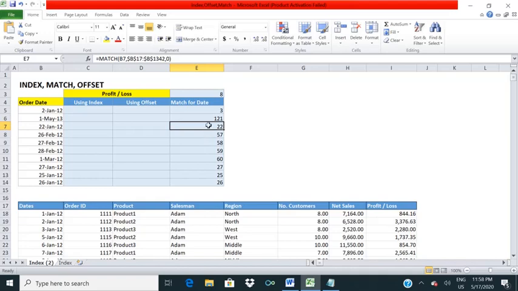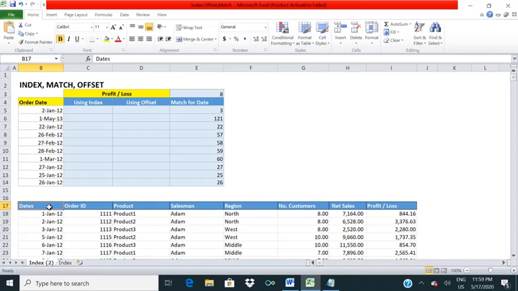Now check this one, 22 January 2012. Here the position is displayed as 22. So this is one, two, three, this is 2nd January 12. Now I need to go to position 22. In position 22 we will get 22nd January 12.